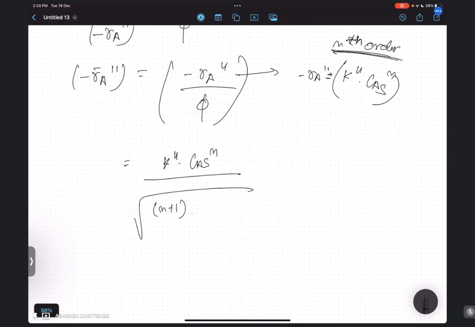Phi value for nth order is (n plus 1) into k divided by 2 DAB into CAS to the power n minus 1. और भी कुछ रहता है क्या? और क्या रहता है ब्रो? ये एल रहता है ना एक, इतना ही होता है ना? चेक करो, ऊपर लिखे है, जल्दी से चेक करके बताओ।